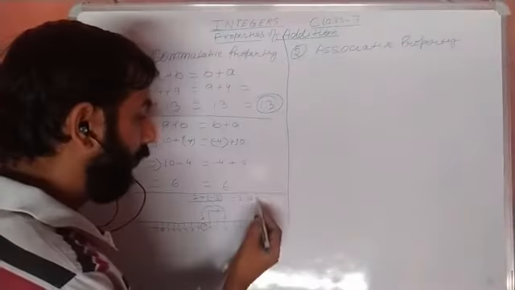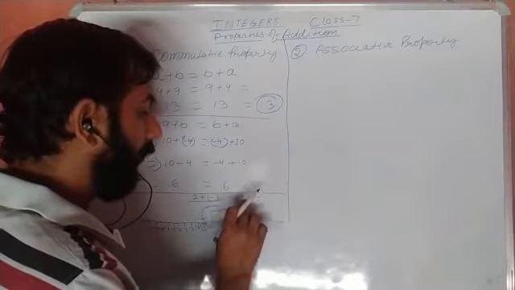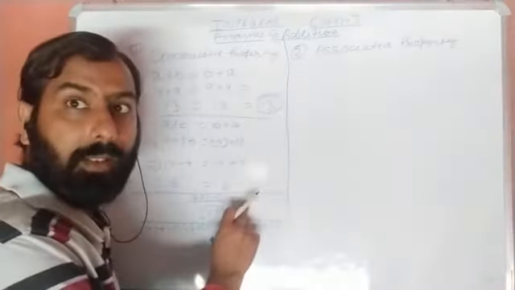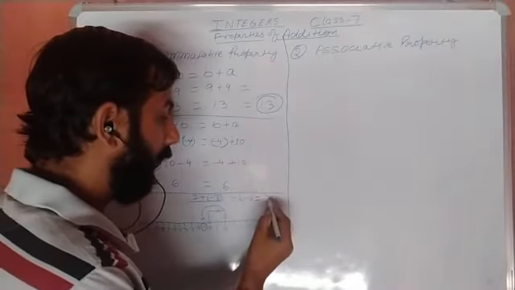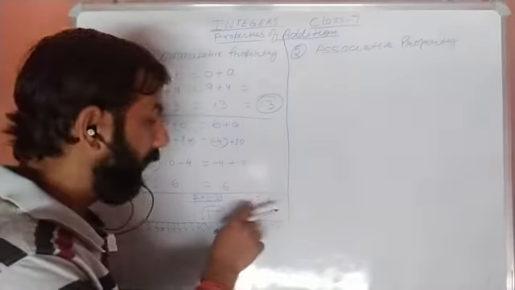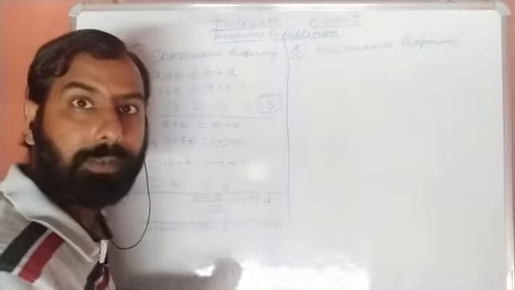Like that, if you subtract, here 2 plus minus 3, plus minus is minus, so we subtract the smaller from the bigger number. 3 minus 2 is 1, and we will put the sign of which number? The bigger number. The bigger number's sign is minus, so we will put minus over here.